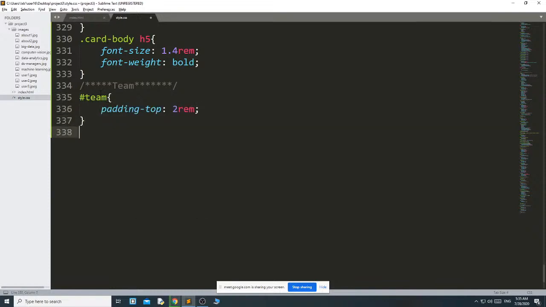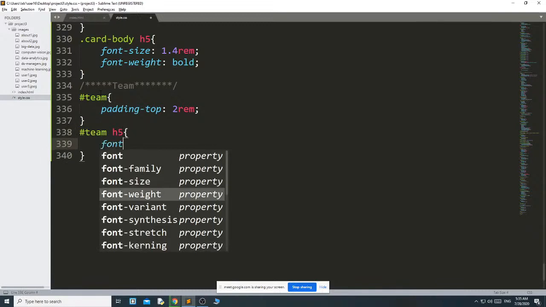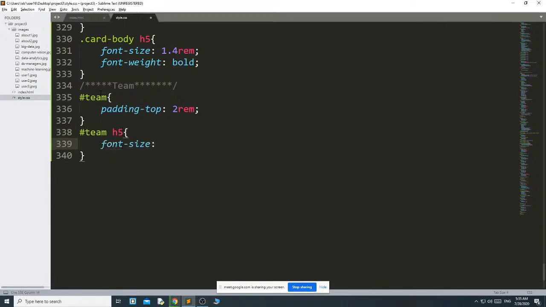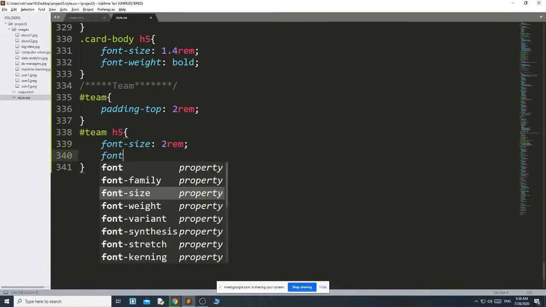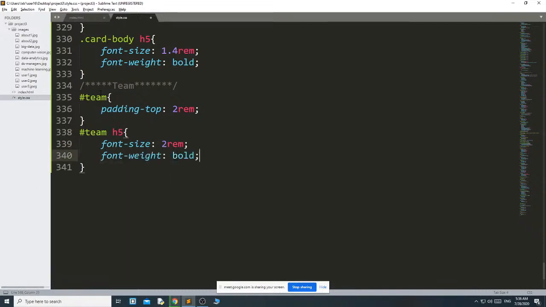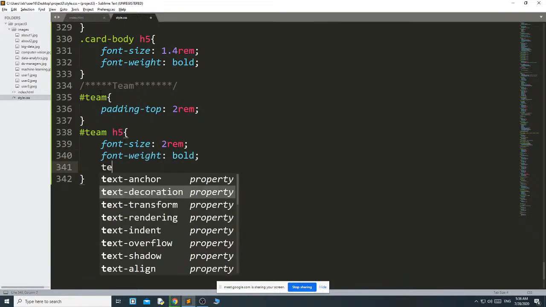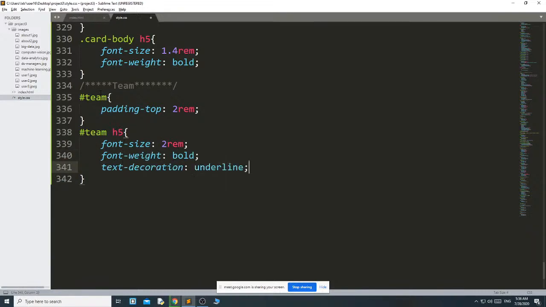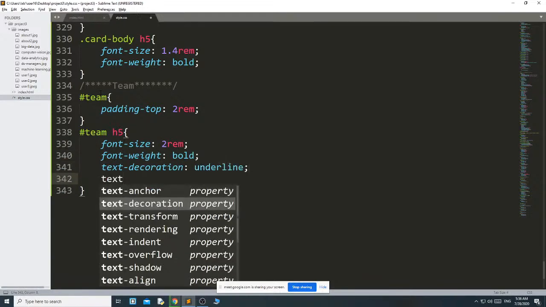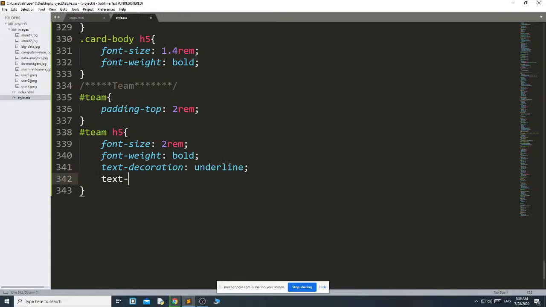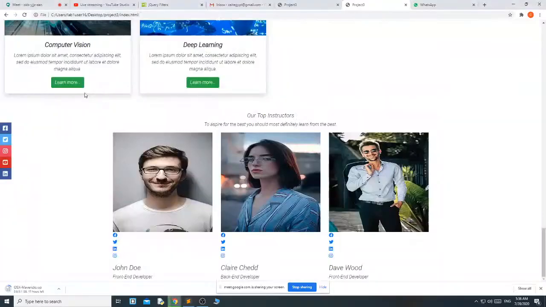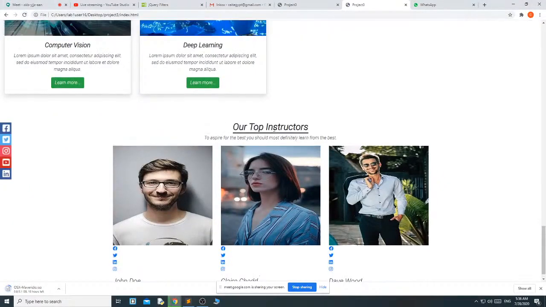Then once I style the section, I have to style the heading, and in the heading I am using font size 2rem, then font weight bold, then text decoration underline, then text underline position under.